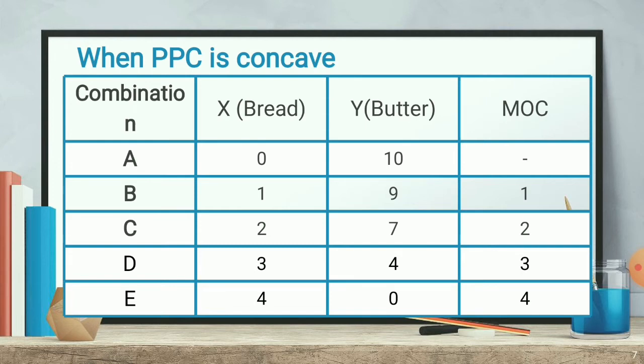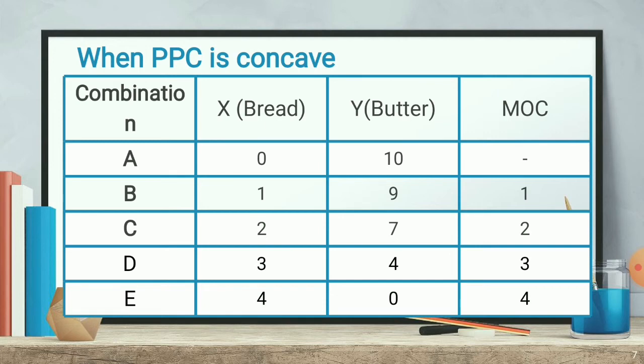In the same manner, in the third unit you are going to see, now we are going to the combination possibility of D. If we see, we are expecting to produce 3 units of bread. It means from butter, which was 7 previously, now we'll have to take resources from the butter, and 3 resources we have given to bread. How much is left in hand? It is 4 only. So in that manner it is going on. If we see the MOC column, here marginal opportunity cost is rising. Just look at 1, 2, 3, 4.